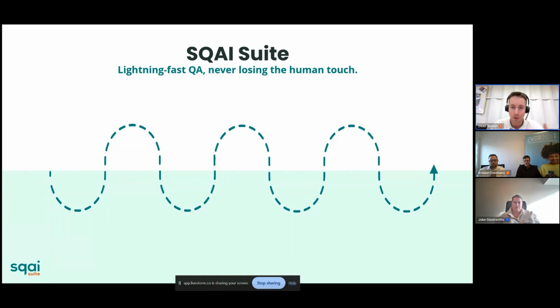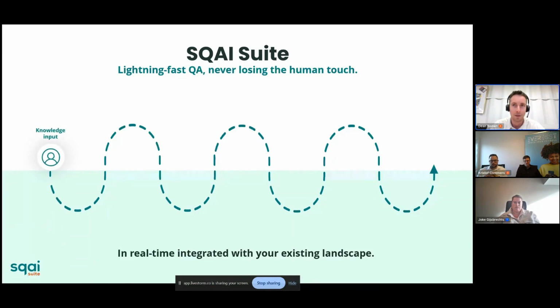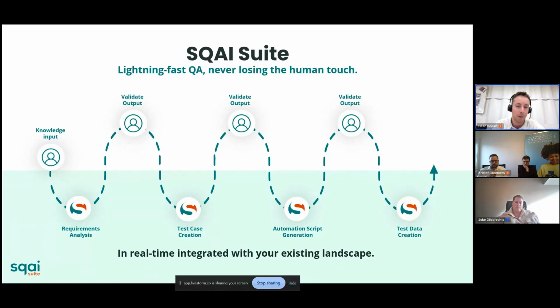When somebody starts working in your test environment, you give that person access to information, and you give them access to your tool stack, for example Jira, Confluence, Azure DevOps, your test automation repos, documentation, work items, and everything like that. So that your virtual colleague can learn from that material and then help you in every part of that workflow by, for example, doing a requirements analysis for you, and then all the way from creating test cases to automating those and creating the test data in your system under test so that they can be executed, but in such a way that you as the human are still in the loop and still in control